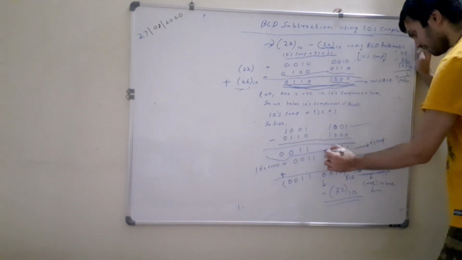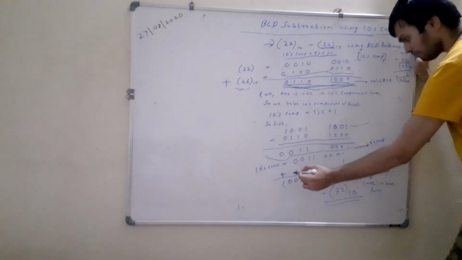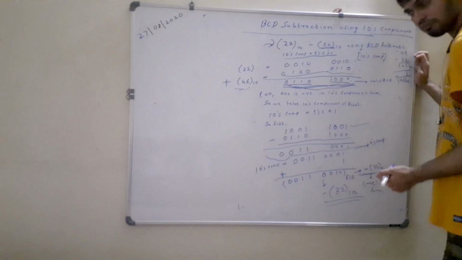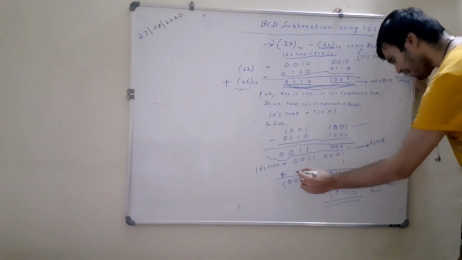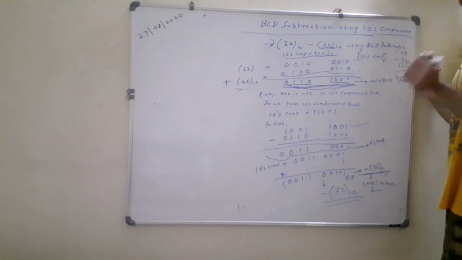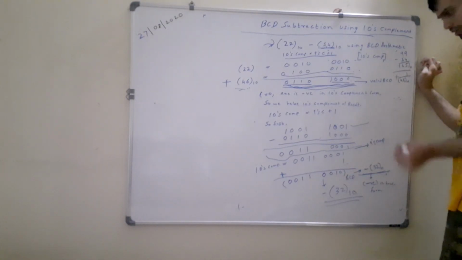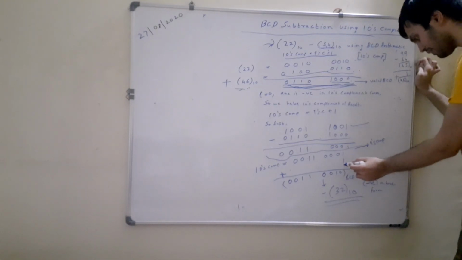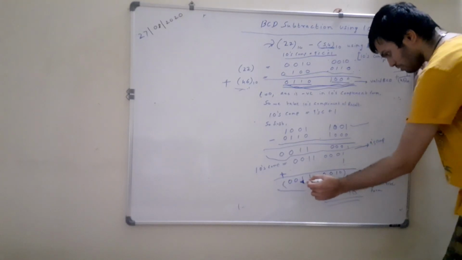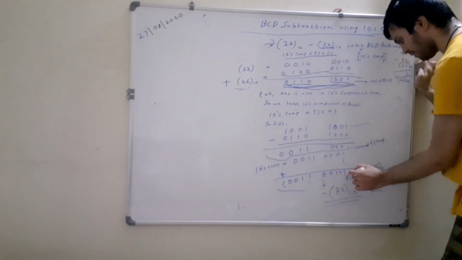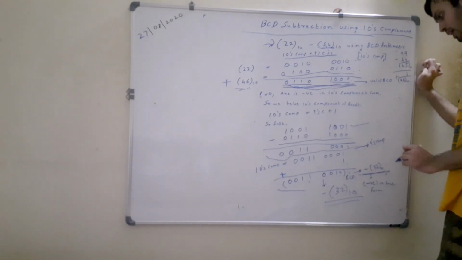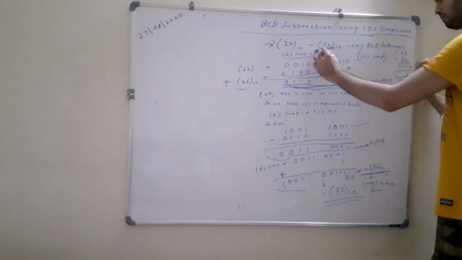But we are interested in finding the 10's complement. So what we do, we simply add 1 to the result. Now after adding 1 to the result, we get the 10's complement of the result. Why are we adding 1? Because 10's complement of any number is 9's complement plus 1. So when we add 1 to the result, we get the following final result, that is 0011, 0010, which is the final result or final answer in true form which we want to obtain. That is the final result of this subtraction.